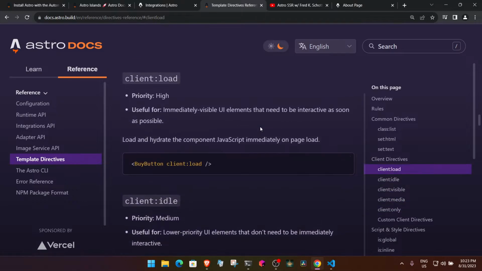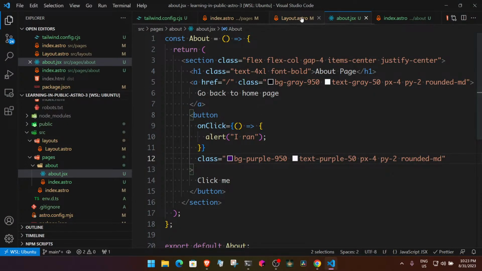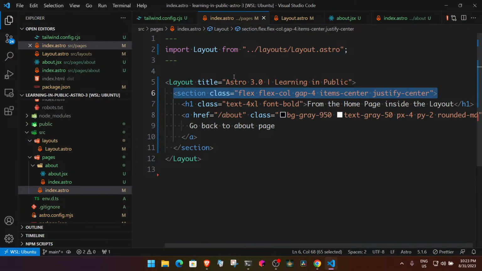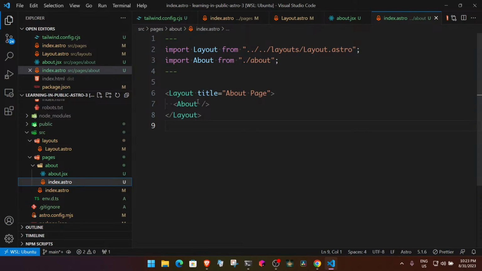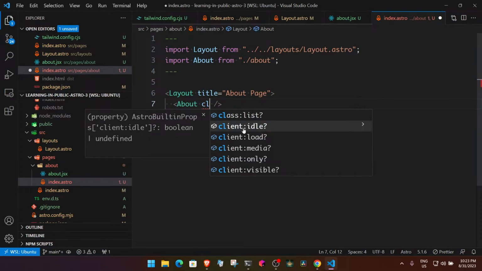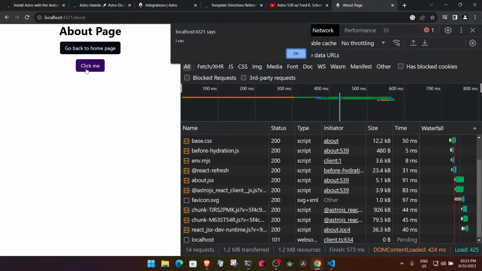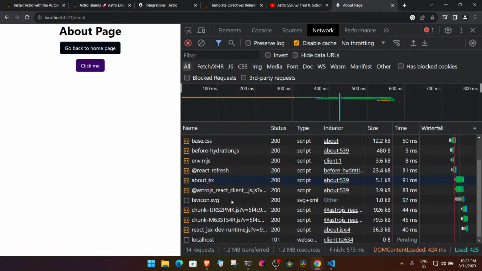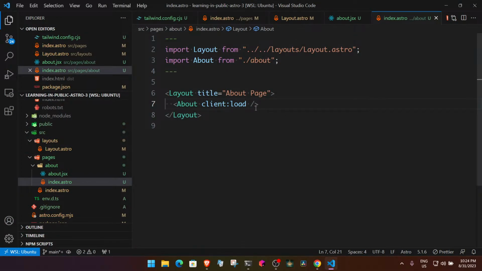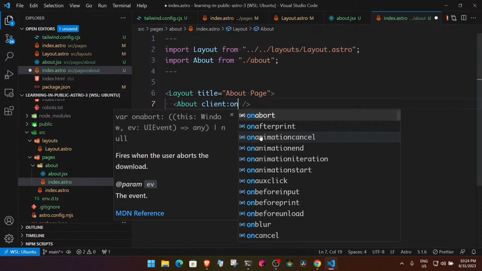So what's the difference? Let's start with this. Here, I have to pass client:load, right? And then this will work, and all of this chunk will also start coming up, like React and everything, which is bad in a way. This chunk is this much. So what will happen if I have only